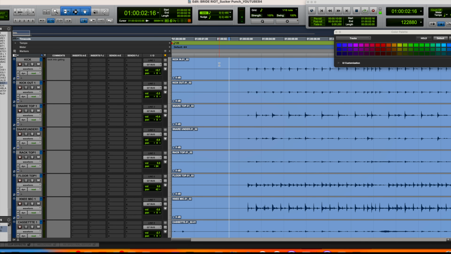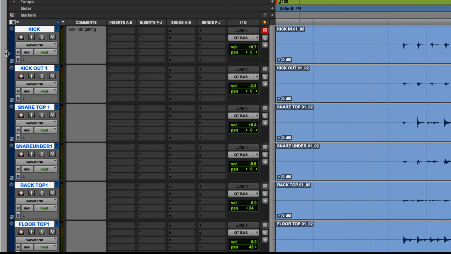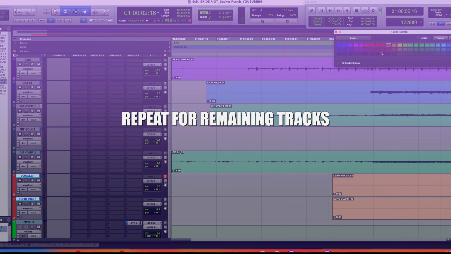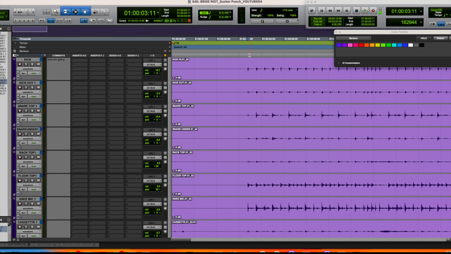Now we need a way that our eye can grab on and organize everything neatly, and that is with color coding our tracks. So I'm going to highlight all my drums, then I click on the color, and I like my drums purple. We can go through and put in markers to identify the song structure, which is so incredibly